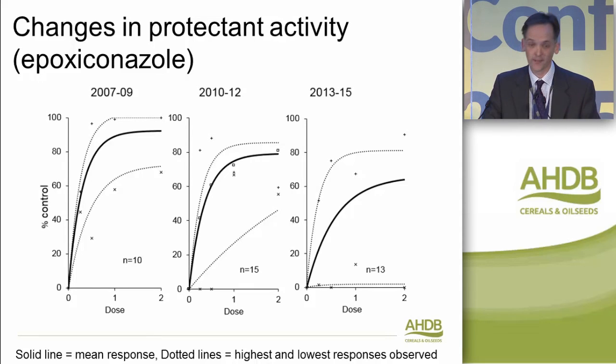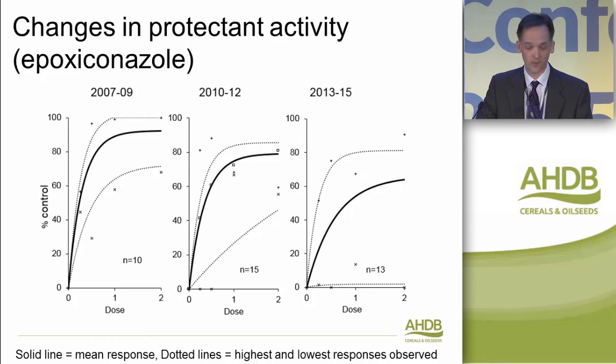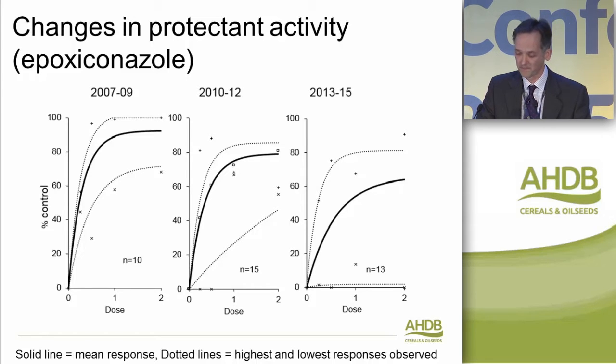And if you do that, and that's exactly what we've done within the historic data from the fungicide performance, you see this sort of pattern. I'm going to show you epoxiconazole protectant to start with, but we've got prothioconazole to follow and the curative information after that. If you go back over the last 9 years, it's quite clear there's been a decline in efficacy in protectant situations. The black line here represents the mean across all the sites where we had protectant data in each of those years in each group. The dotted lines reflect the highest and lowest activity that we saw in that period.